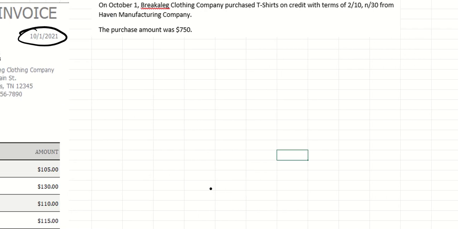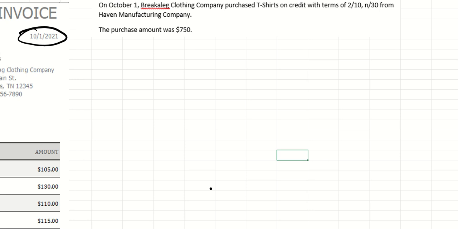Okay. So right here at the very top on the screen, you can see this is pretty much just reiterating what's in the invoice. On October 1st, Break a Leg Clothing Company purchased t-shirts on credit with terms of 2/10 net 30 from Haven Manufacturing Company. The purchase amount was $750. Okay. So when it comes to purchasing an item,